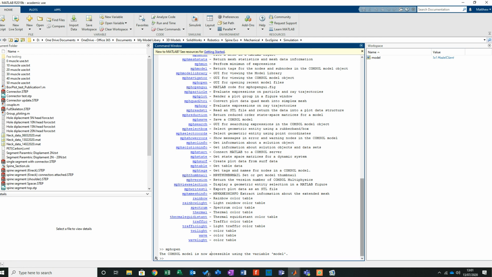Let's say I just want to look at the geometry. I want to see what's going on with it. I want to see if it's right. I'm going to go mph.geom, open arguments, model, bracket, comma, sorry, exclamation, GOM1, close